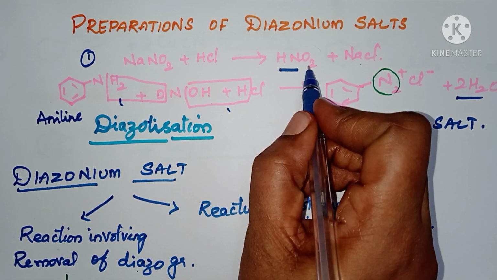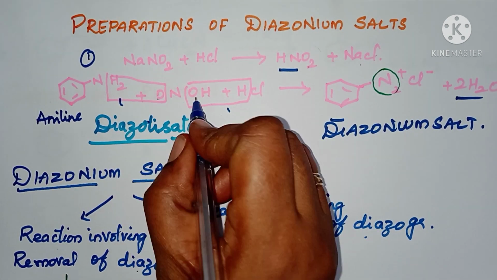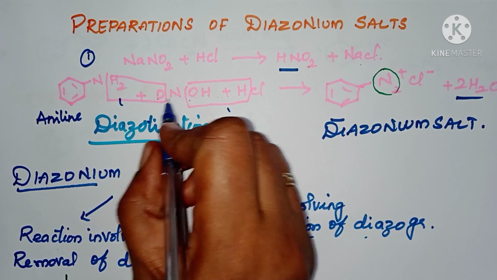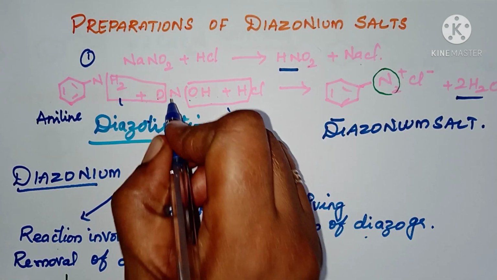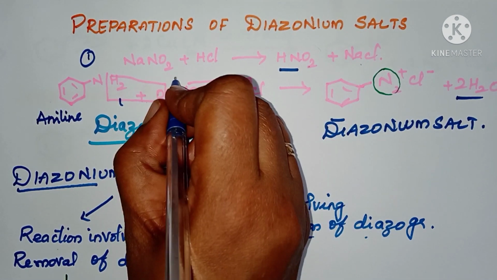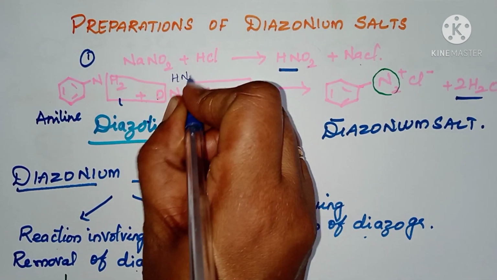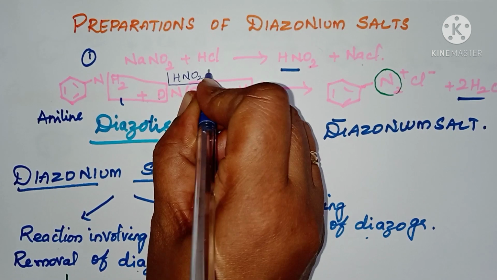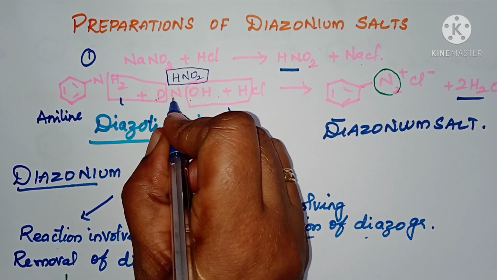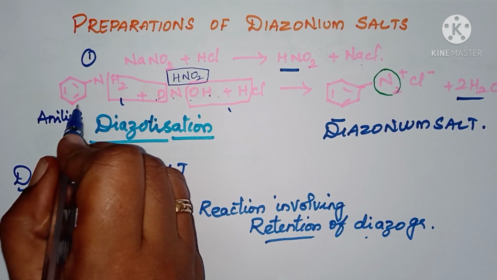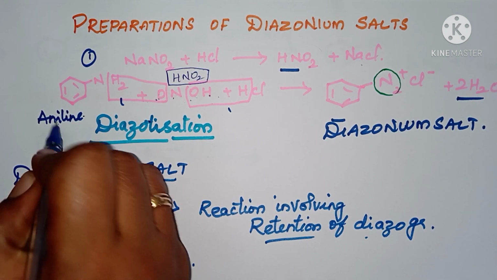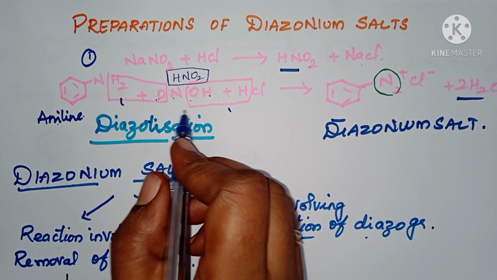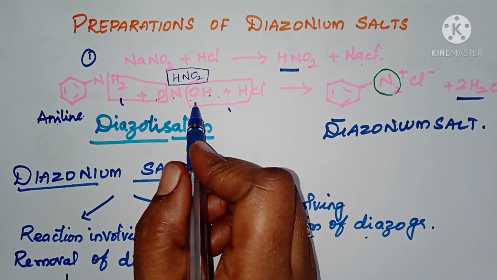ONOH, see, 2 oxygen is available, so 2 oxygen is present, hydrogen. So I have written here for convenience to get a water molecule, HNO2, I have written in this way, ONOH. In this, we are going to take aniline as a reactant. So aniline is reacted with nitrous acid